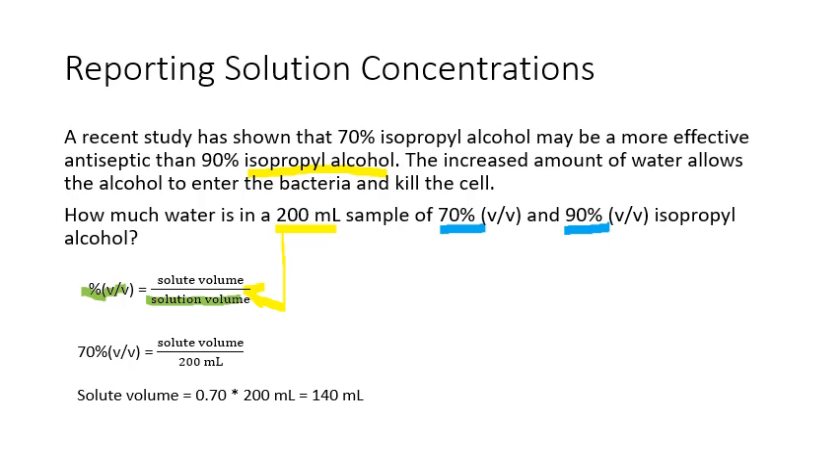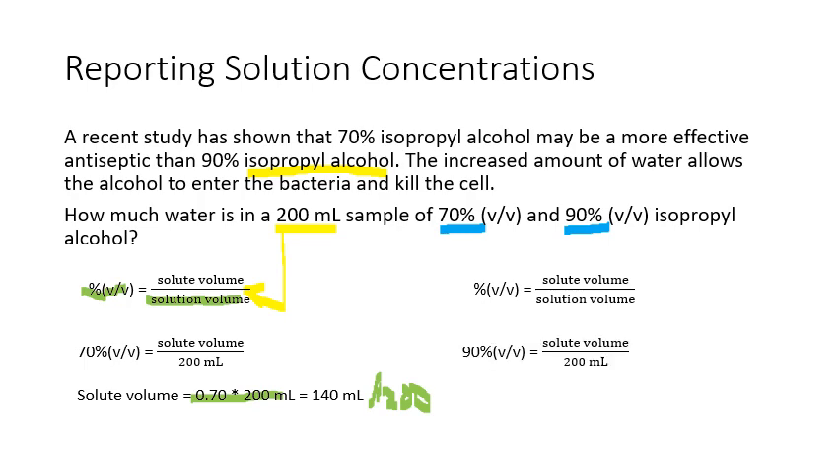So how much alcohol is in the first sample? 70% of the sample is alcohol, so 0.7 times the 200 mil means that 140 milliliters of the 200 is alcohol. So 140 milliliters of the 200 milliliters total is alcohol in the first sample. And for the second sample, we can do the same thing, where it's 90% and 180 milliliters of the 200